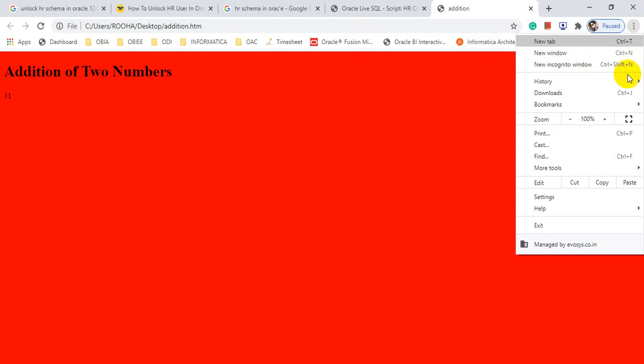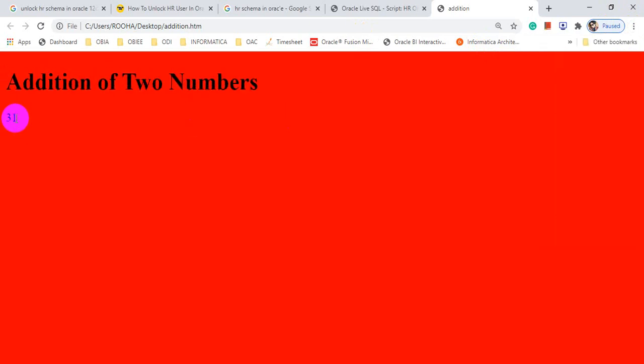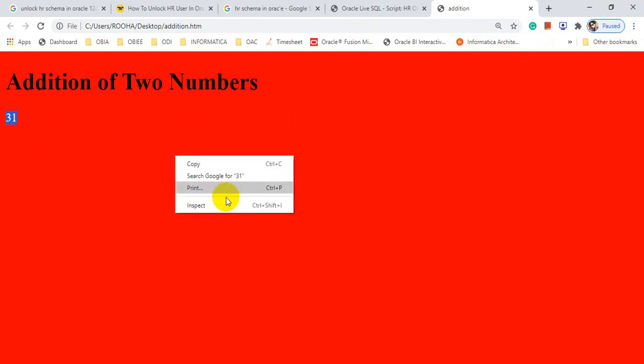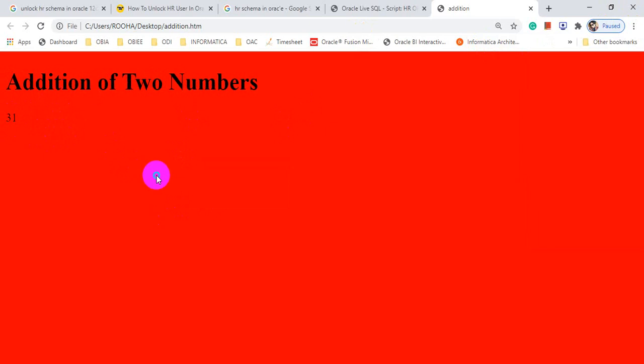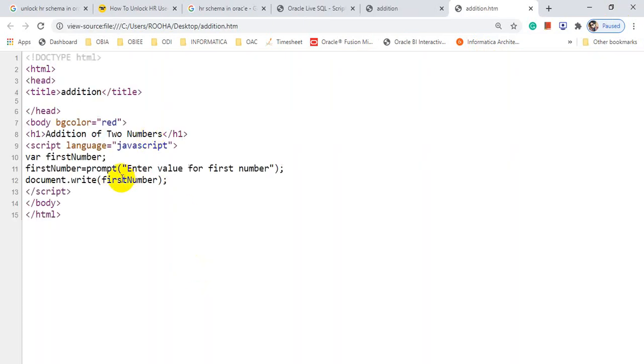Students, can you see the number 31 displaying on your browser? Why? Because I have written that the value of this prompt box will be stored inside that variable, and by using document.write, I want to display the value of that variable.